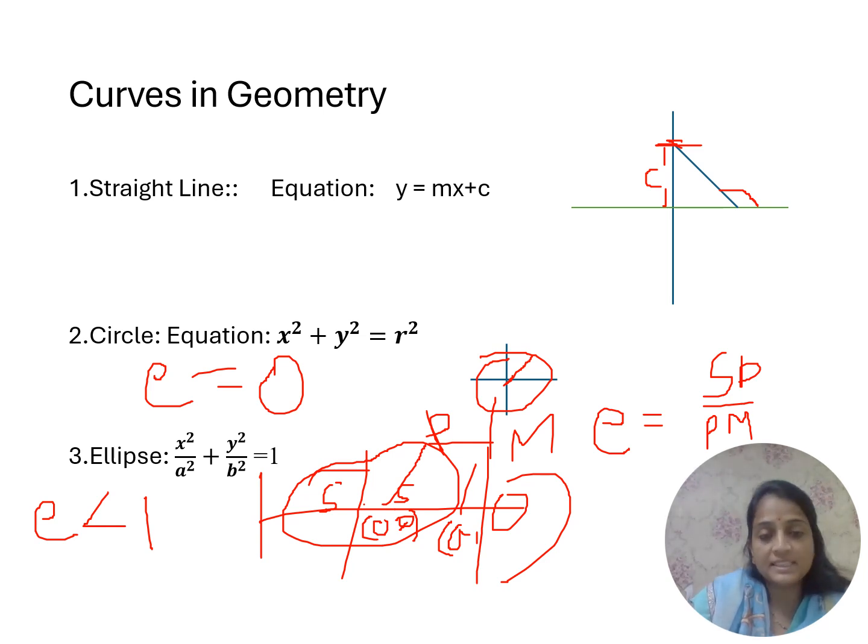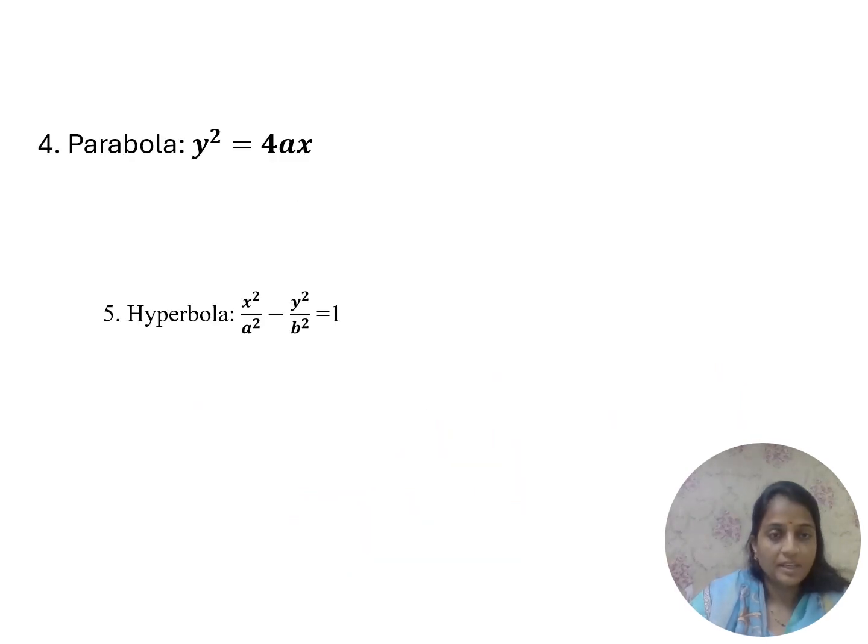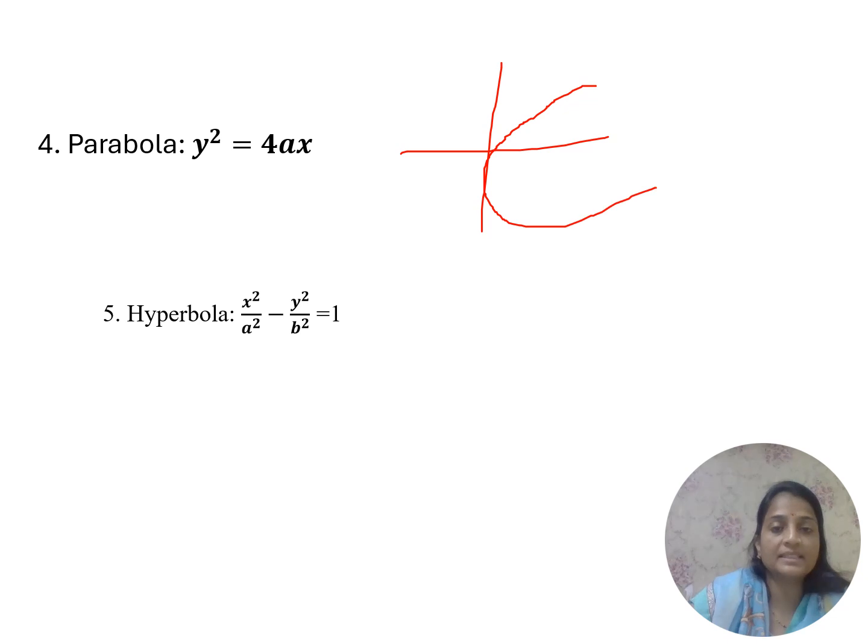That means this x-axis is the major axis of the ellipse, and this y-axis is the minor axis of the ellipse. So the standard equation of an ellipse is x squared upon a squared plus y squared upon b squared is equal to 1. Next, parabola. The parabola equation is y squared is equal to 4ax, and the diagram of a parabola is of this type,